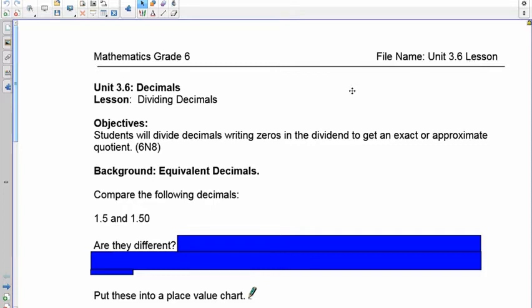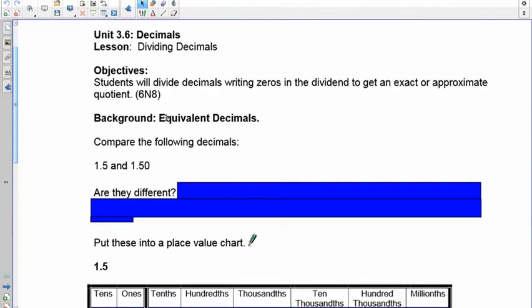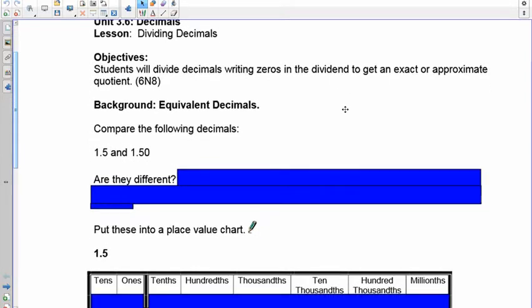Okay, here we go again, lesson 3.6. Now in this lesson we're going to continue with our division of decimals. And this time what's going to happen is we're going to be dividing something which has what's called leading zeros in it. Okay, so first thing, before we can do anything about this, we have to talk about what are